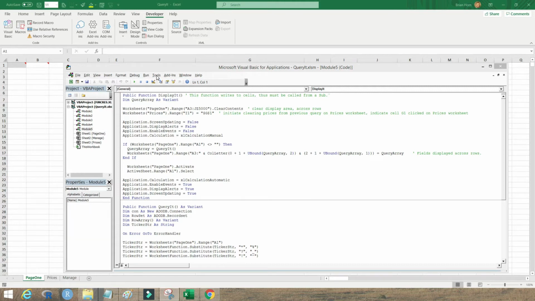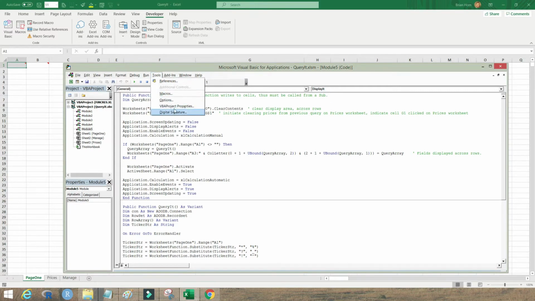We'll also point out, while we're looking at this Tools drop-down, this digital signature. This is a pretty advanced feature that is for when you're publishing spreadsheets and you're primarily a company. It's really not set up so much for individuals, but if you're a company and you publish spreadsheets and people out there are consuming your spreadsheets, in order to give the consumers more confidence that the spreadsheet they're opening and using is what is intended, has not been